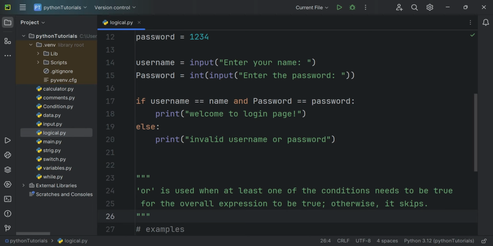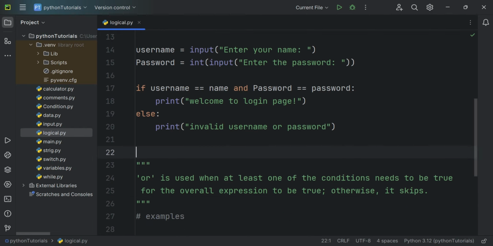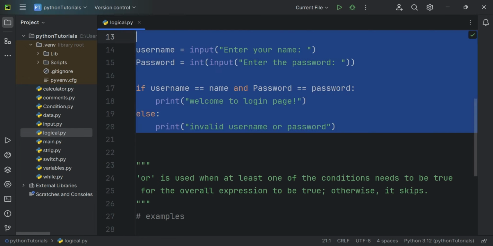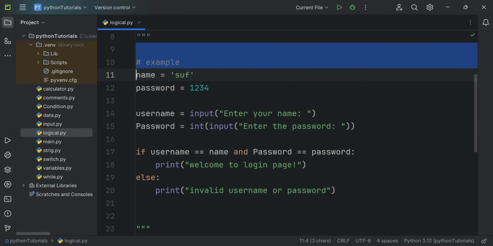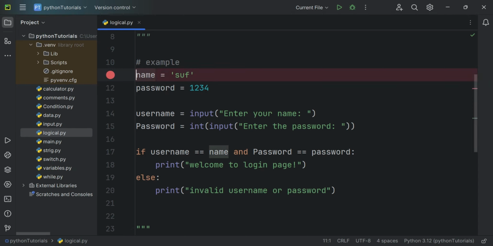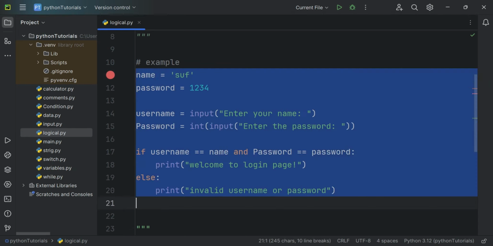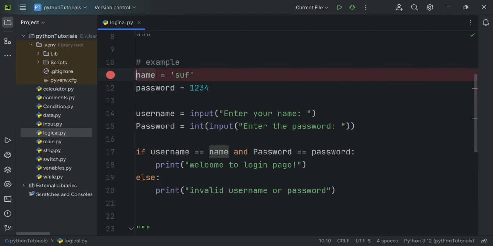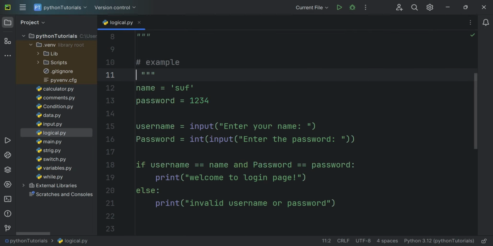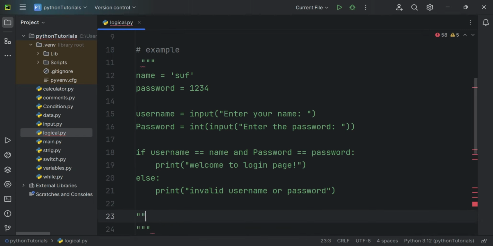Or is used when at least one of the conditions needs to be true for the overall expression to be true. Otherwise, it skips. Okay, to do this, let's copy this code from here. Say like this, copy, and before copying, we need to put a multi-line comment like this here and here too. Okay, then let's paste this code here,